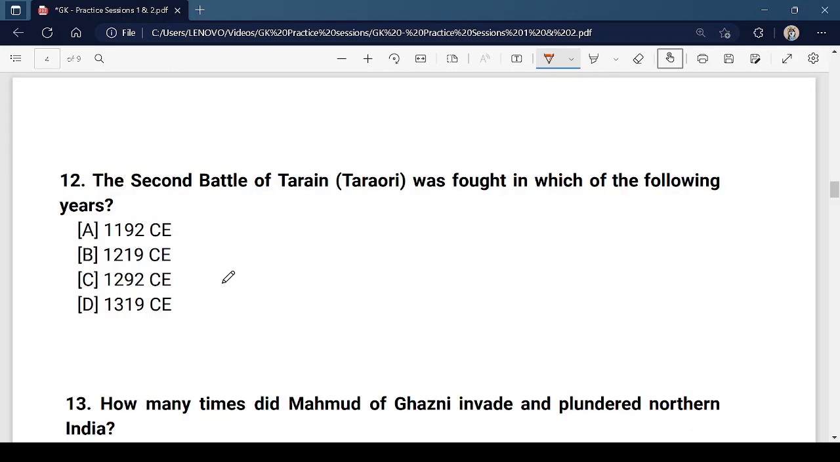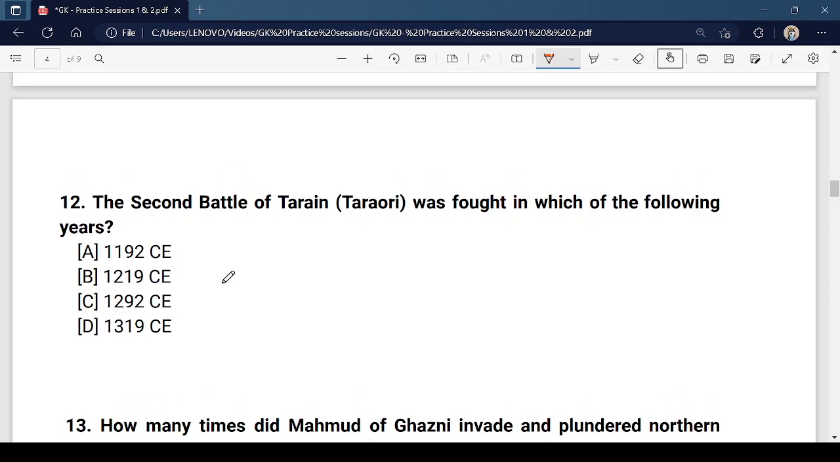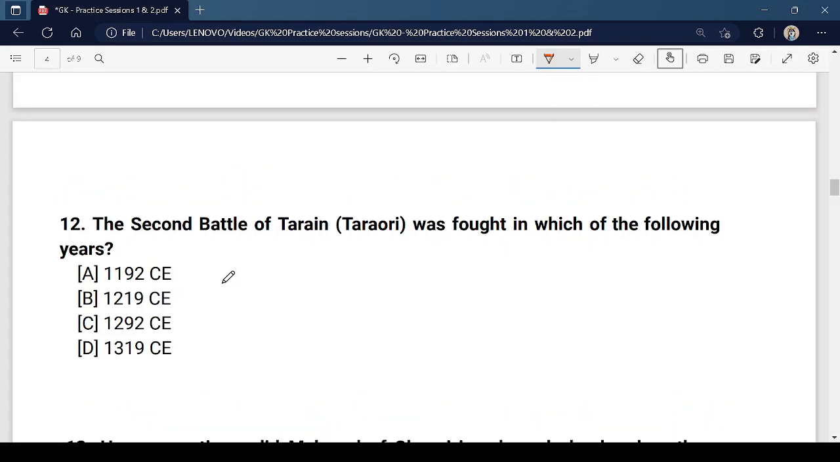Question: the second battle of Tarauri or Terrain was fought in which of the following years? Guys, if the question is asked as Terrain or as Tarauri, both are the same, because this is